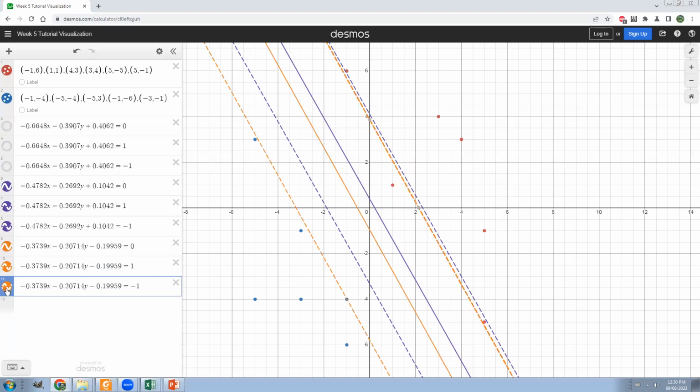For the non-stochastic, this is our result, and you can see it's even more evenly spaced. It's quite evenly spaced between the red and the blue, not perfect. And if we look at the margin boundaries, they're wider, quite a bit wider than the purple ones, right? So obviously we have more calculations at each step, but we get better results for the same number of steps,